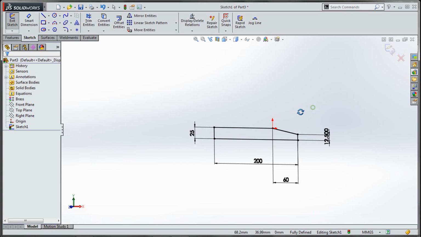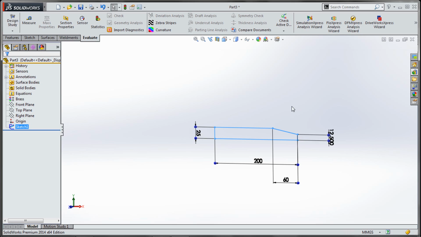Escape from the Smart Dimension tool and exit the sketch.